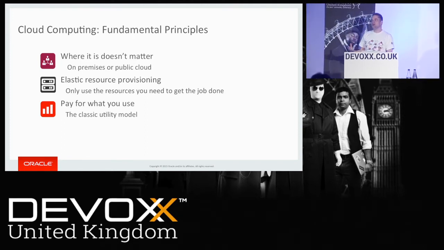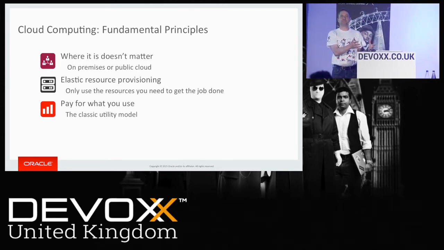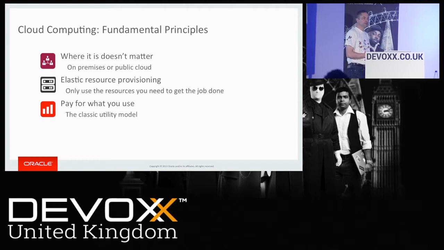And this kind of extends into the classic utility model. If you think about electricity, that's a good analogy. In the early days, when electricity first started to be used in society, there were no power stations. So we couldn't just connect to the national grid. We couldn't then just plug things in. So the way that we went about doing that was that people would have their own generators. Big buildings like hospitals or offices or apartment blocks would have their own generator. And that would provide electricity to them and maybe a couple of other buildings.